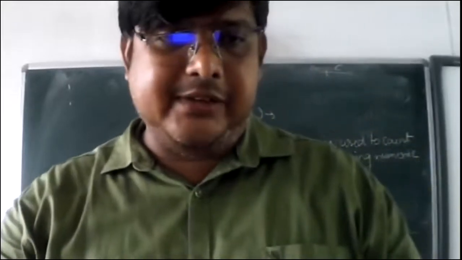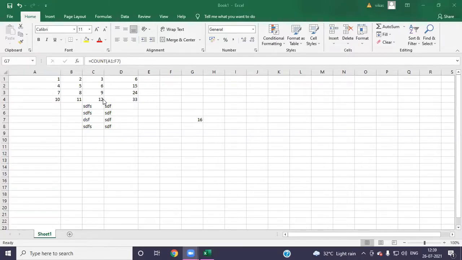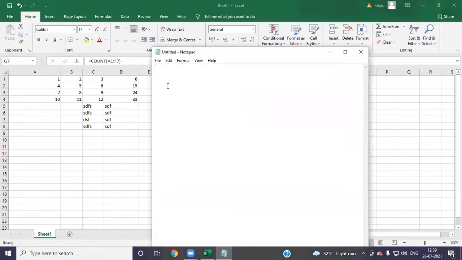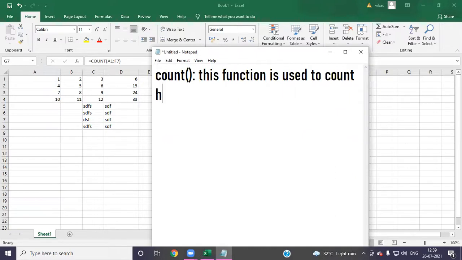Come, we will see there once again. I will open the notepad also so I can write the definitions. Here we have the count function. What is the work of the count function? This function is used to count how many cells have numeric values.